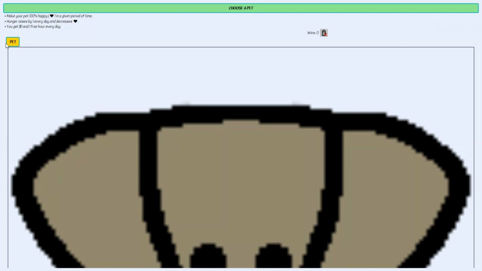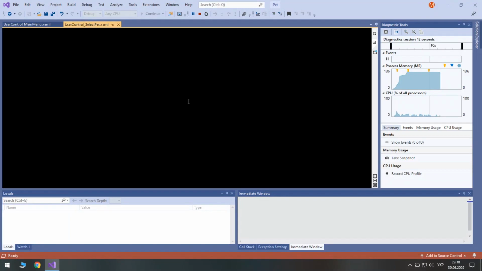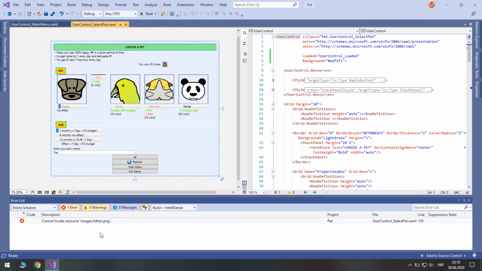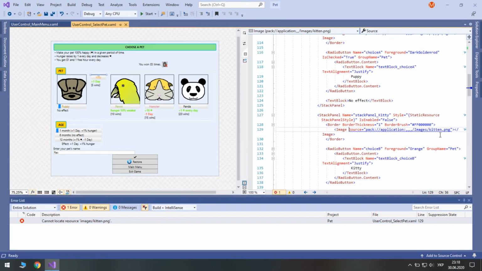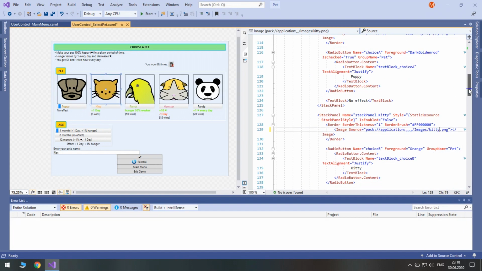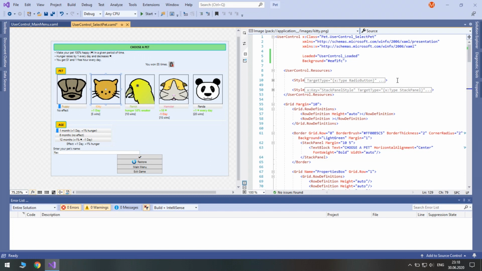Okay, the image is stretched, and that's wrong. So first let's change kitten to kitty, like that. But that doesn't resolve stretching.